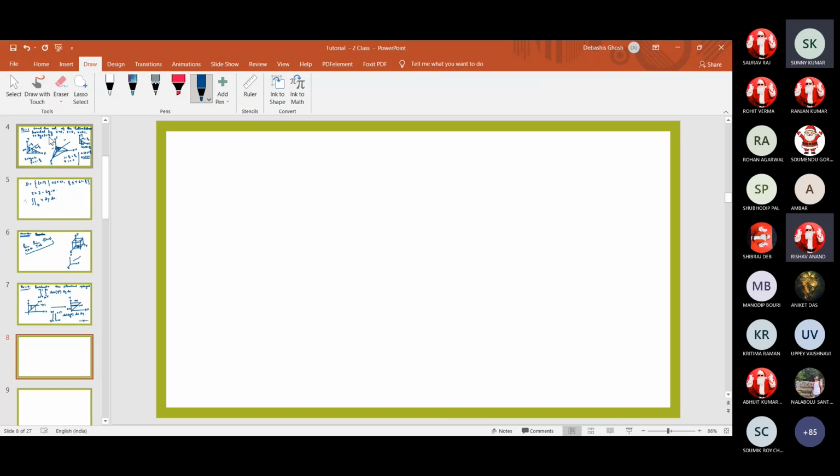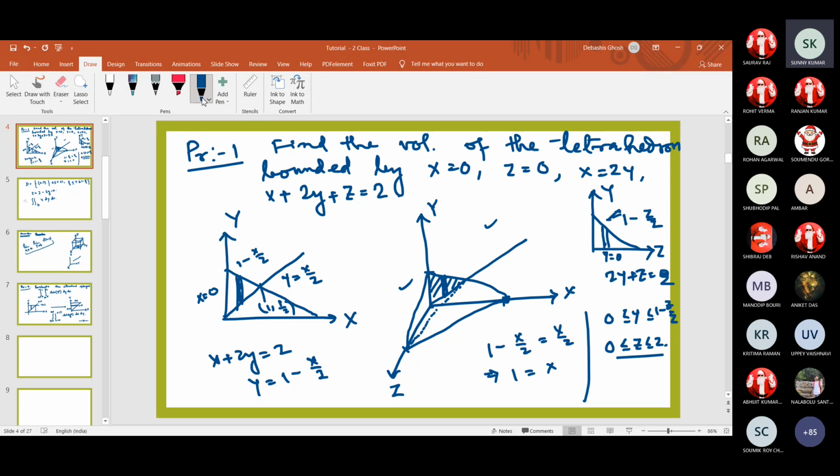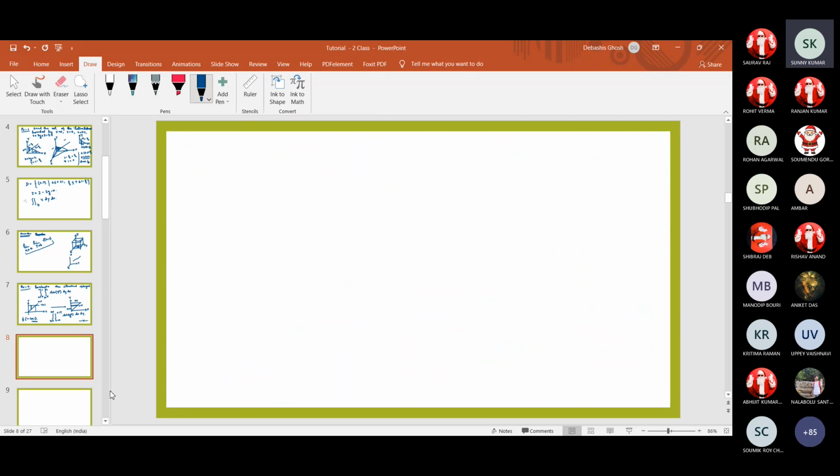Sir, can you tell the answer of the previous question? We will match it. Yes, the answer can be said. The answer I have written for this one is 1 by 3. Very good. This one is the second problem. 1 minus cos 1 by 2. Very good, that is the answer. So that will be sine square half. You can break it up.